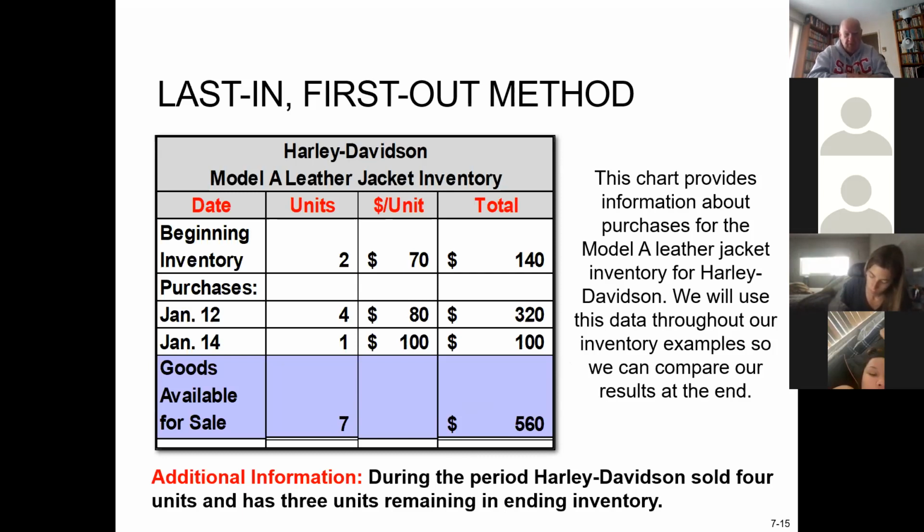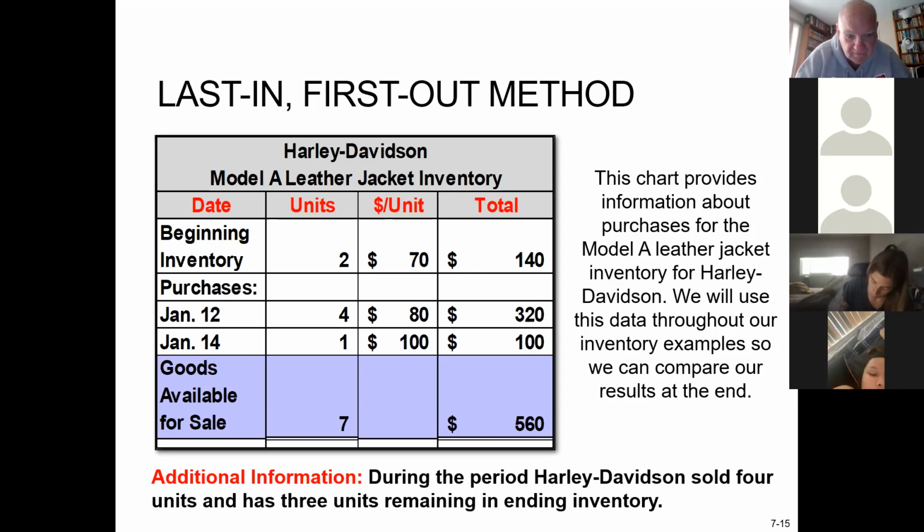There's 7 items there. LIFO, last in. The January 12th has the 4 units. Yeah, we did purchase 4, but we got to go to the most recent, last in. The last in was January 14th, right, Dominic? Oh, yeah. So you just sold that 1. Go ahead. And where do we get the other 3?